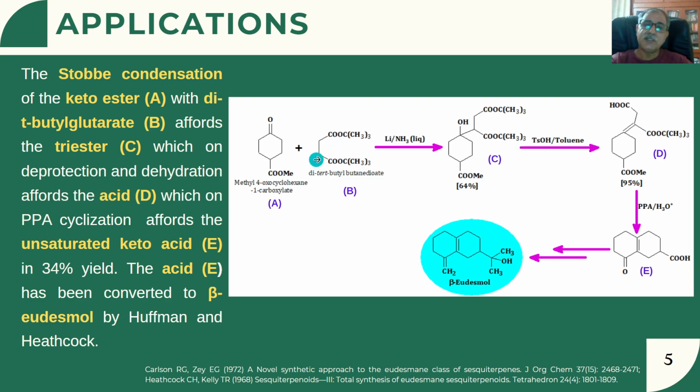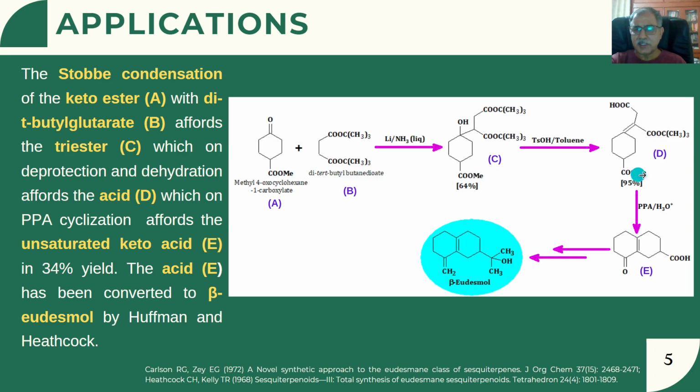So basically addition of the carbanion at this carbon will lead to the formation of this type of triester, and then this triester will undergo dehydration over here, H from here, OH from here, this carbon-carbon double bond will be formed, and then these groups will get hydrolyzed and these types of carboxylic acids will be formed,